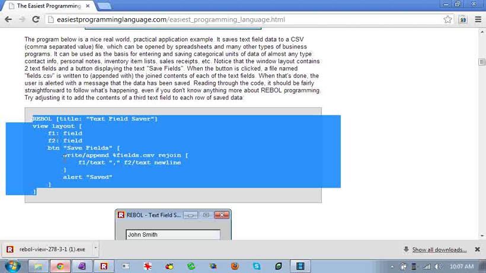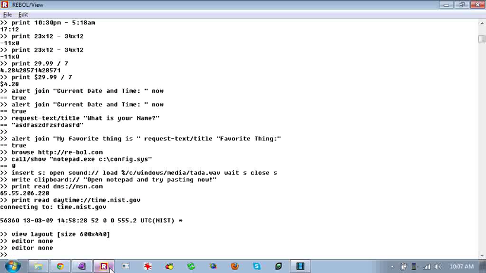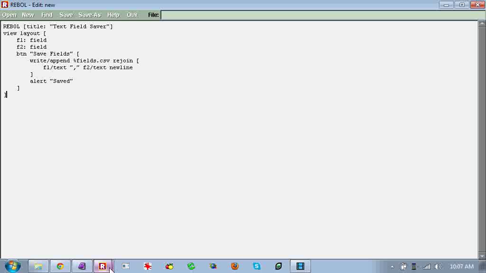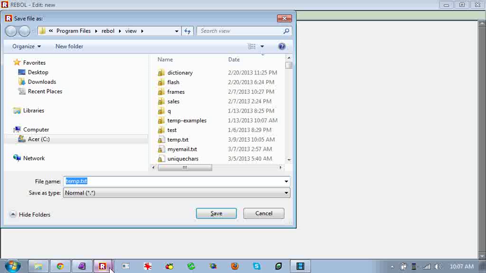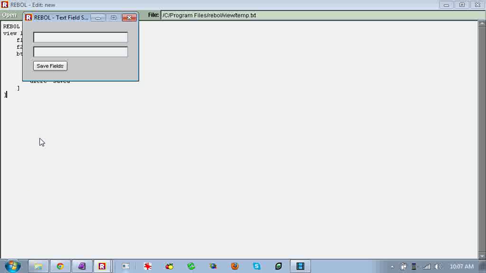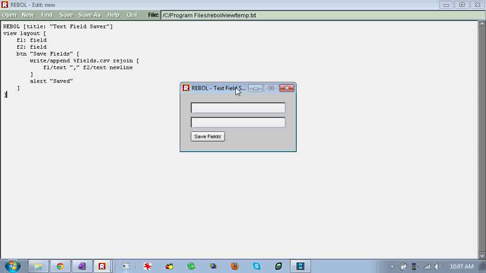So let's copy that. Go in, and if you look here, you can press the up arrow to cycle through all of the things you've typed into the console. I'm just going to type editor none again. Paste that, press the F5 key, and this little tiny program is basically what it looks like in the code. You have a window, view layout, you have a field called F1, a field called F2, there's your button, the words save fields on it,